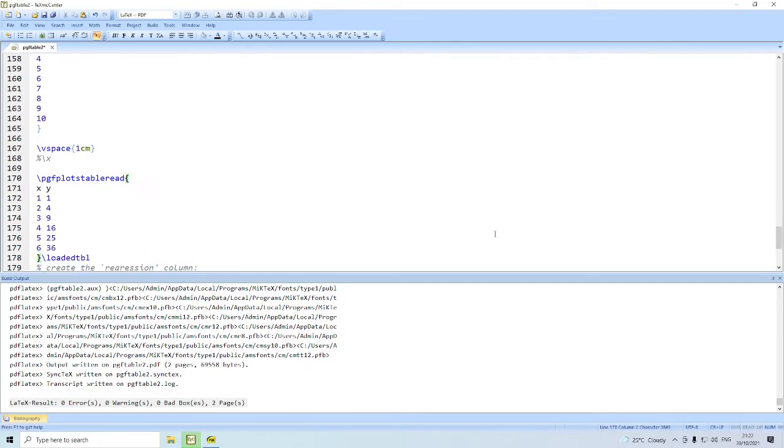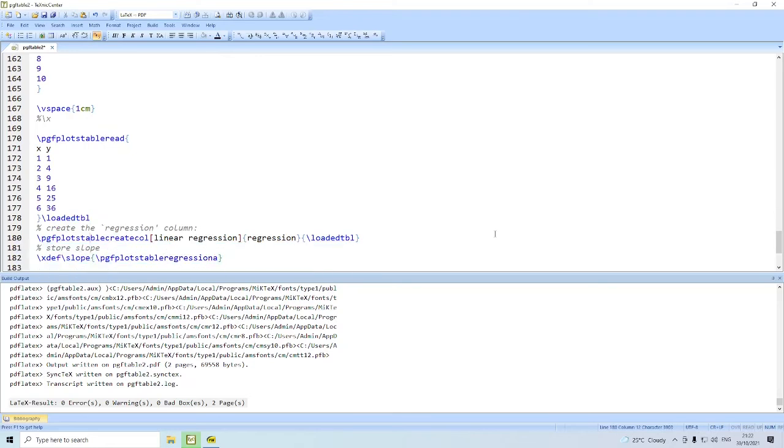We have a 2-column table with columns X and Y. We export it to the command \loadedtbl, loaded table. We would like to find the regression. Then we will say \pgfplotstablecreatecol with the option linear regression, and then within curly braces we shall give regression, and then we give the table, loaded table.